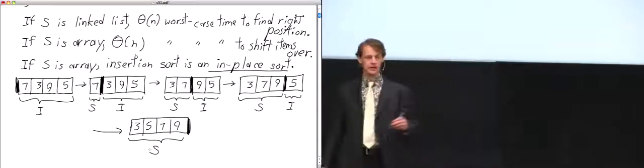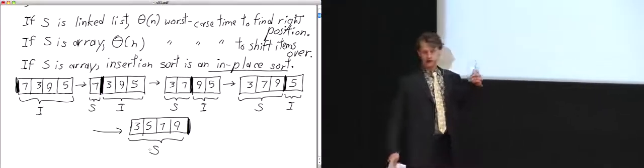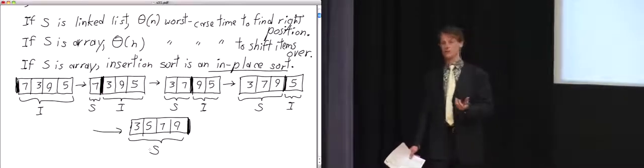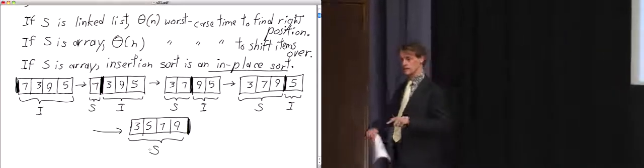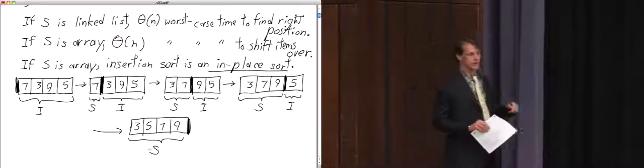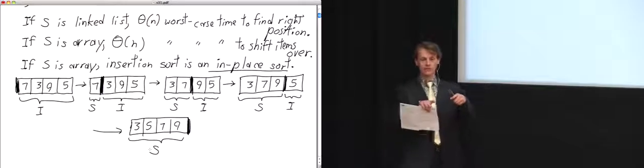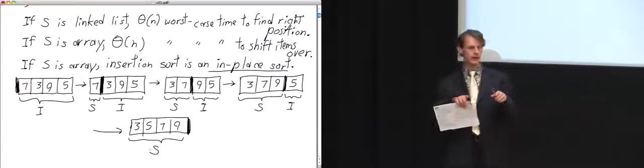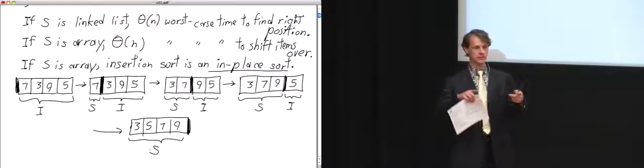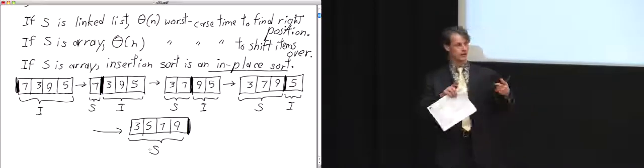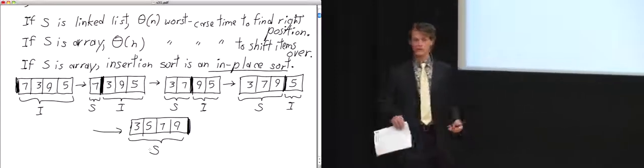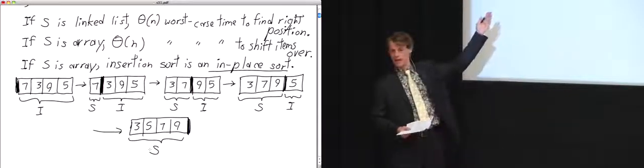One thing that's really interesting about this is that there are certain special circumstances where if your input array is almost sorted, meaning it's close to being sorted but maybe a few numbers are out of place, this is actually much faster than n squared. Insertion sort is really fast at sorting almost sorted arrays. The running time is proportional to the number of inversions. An inversion is a pair of numbers that are in the wrong order in the input array. And since there are order n squared different ways to pair up all the numbers, there could be n squared inversions, but if there's only a linear number of inversions, this will run in linear time.